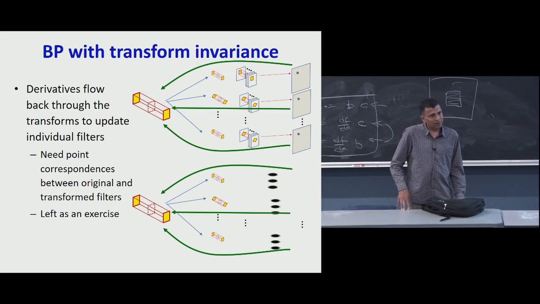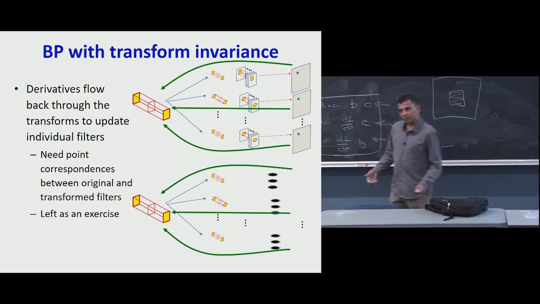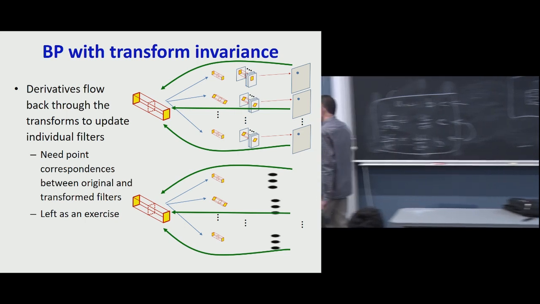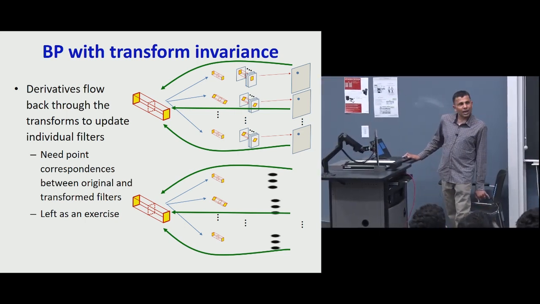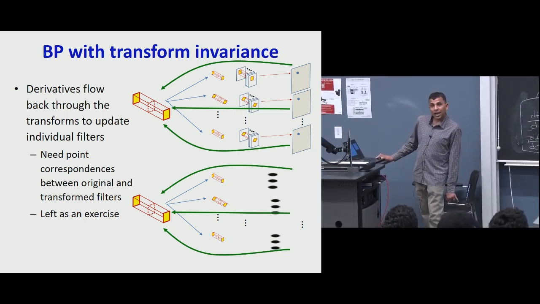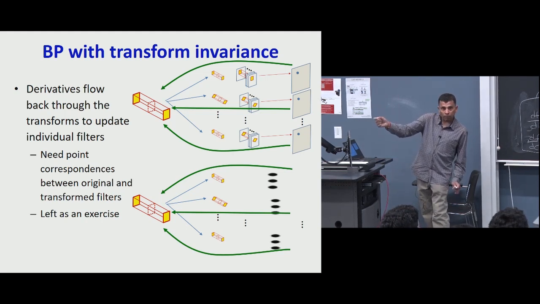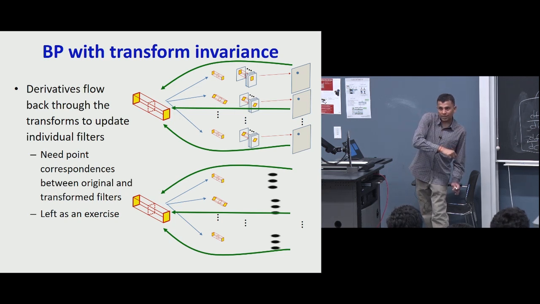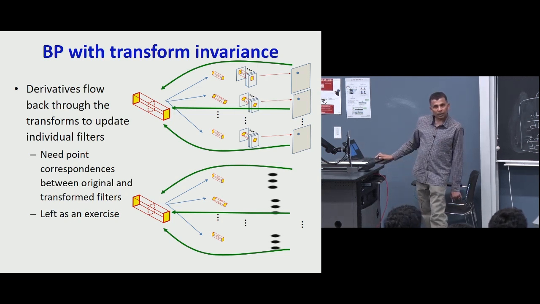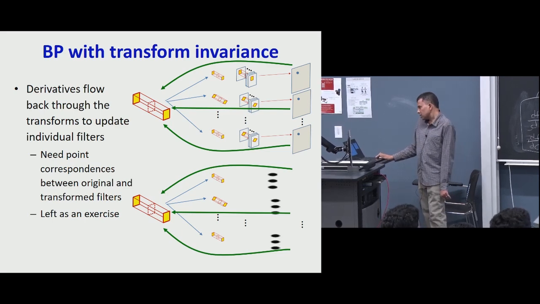Right? Because they're all different copies of the same filter. But otherwise, the whole concept still holds. Exactly. Now, the inverse doesn't even have to be a mathematical inverse. You just need to find, for each point in the transform filter, what was the corresponding point in the input filter, and that should take care of it, right? So